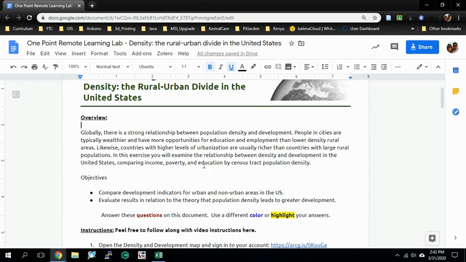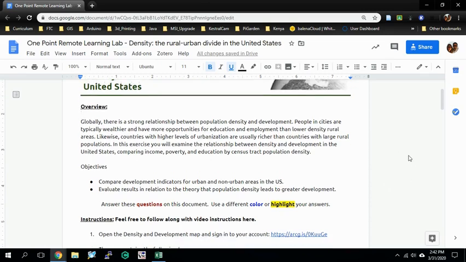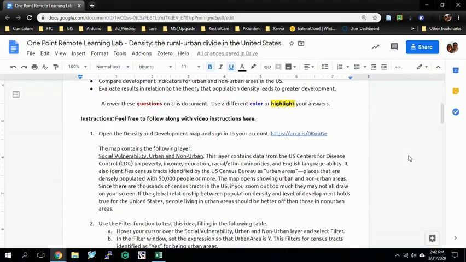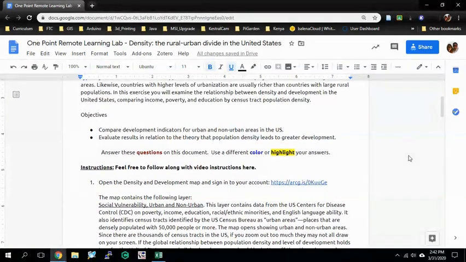The instructions are here, but I'm going to walk through how to do this and show you how to complete this ArcGIS assignment. If this is your first of these assignments, remember that on this document, you're going to answer all the questions in red. You're going to use a different color font, or you're going to highlight your answers, which makes it easy for